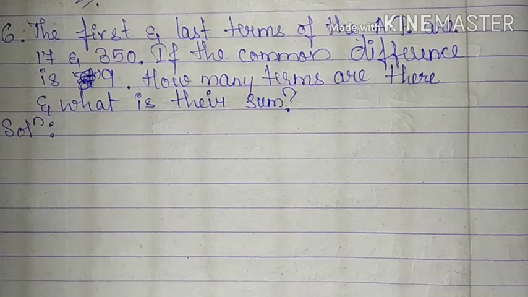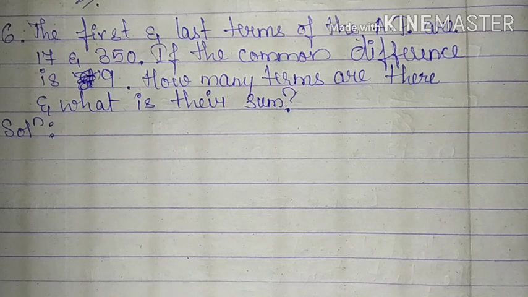In the sixth question, it is quite similar to the fifth question. The first and last terms of the arithmetic progression are 17 and 350. If the common difference is 9, how many terms are there and what is their sum? Here they have told us that the first term and the last term of our AP are 17 and 350, and the common difference of this arithmetic progression is 9, that is d is 9. So how many terms, that is the value of n, and what is their sum,